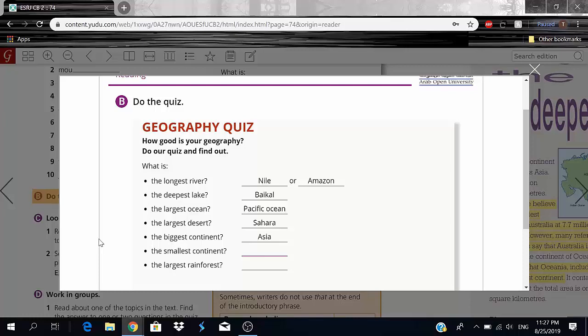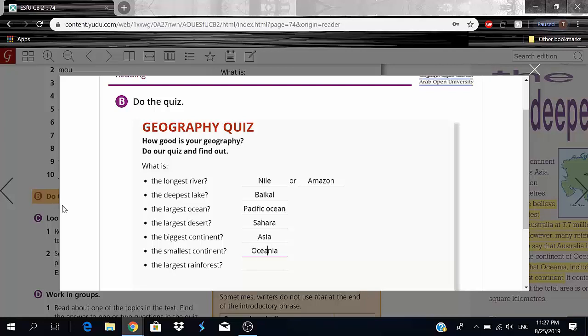Well, we have two options. A lot of people say Australia, but other people say that Australia is actually not a continent and it's just part of Oceania, and that Oceania is the smallest continent. So it just depends on how you feel. I mean, we'll probably just say Oceania. Okay, Oceania.